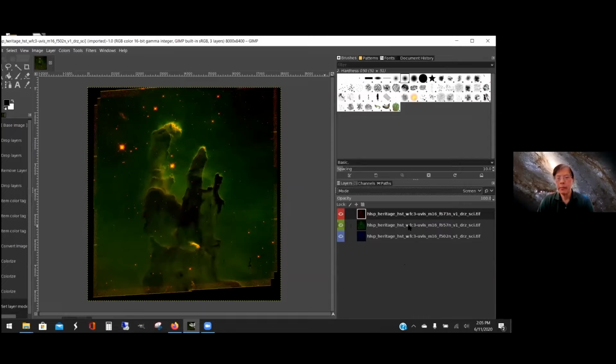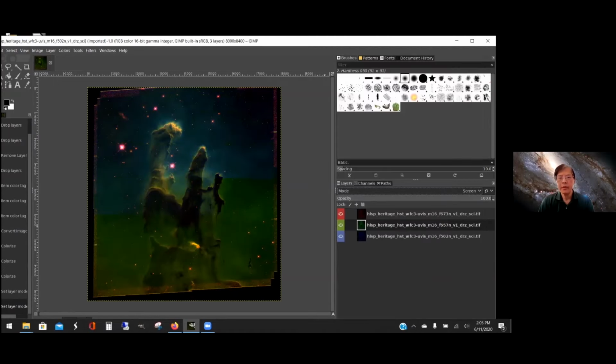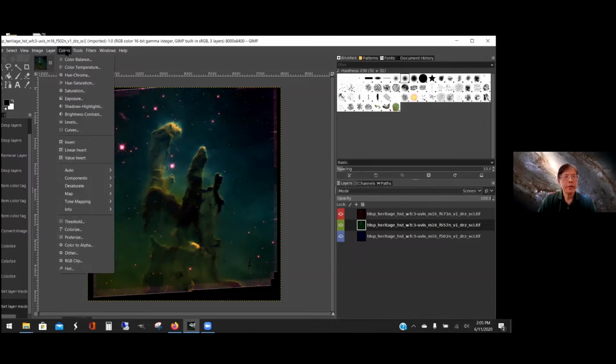So we're going to do the same with the blue, sorry, and we're going to change that blending mode to Screen to allow the blue to go through to the green and to blend with the red. And there you have a nice color image of the pillars of creation,